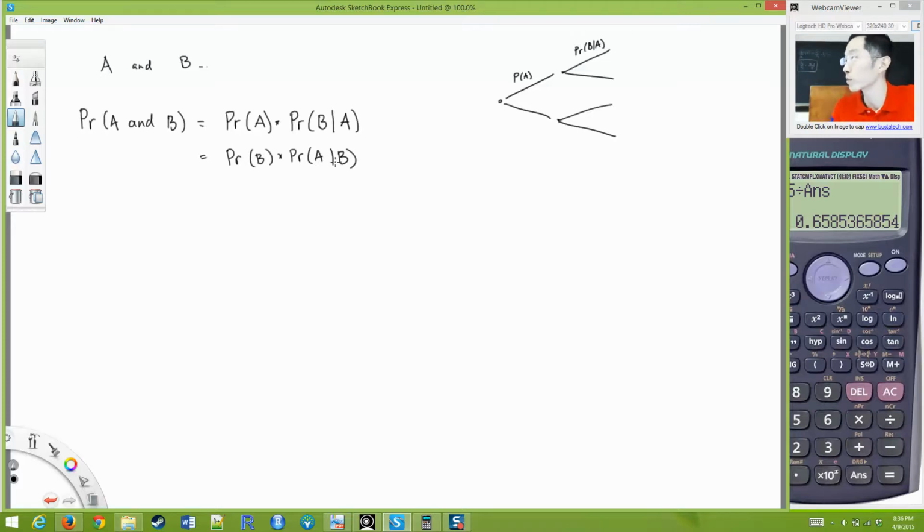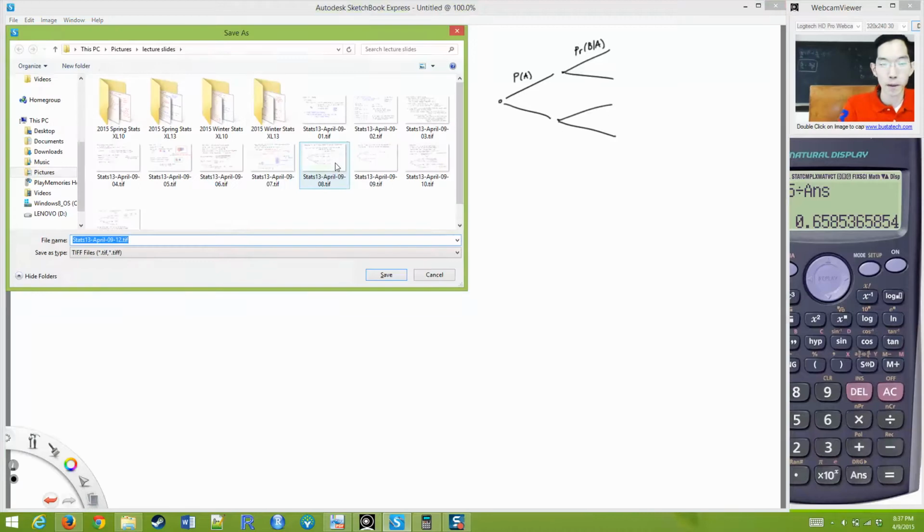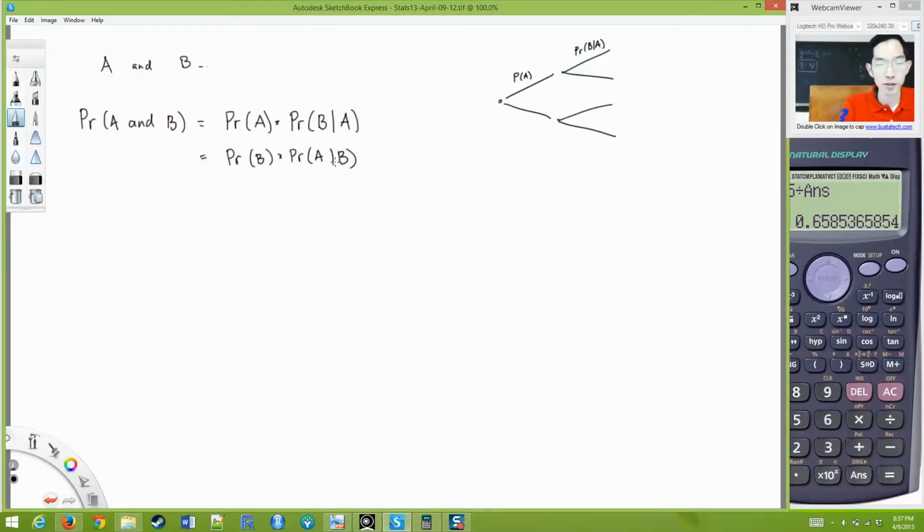Yes, question? So the way that you solved it was that you got 0.135. Why did you divide that by the total of snow and delay instead of it just already being 0.135? Because isn't that going to be the probability of snow and delay? Okay, anything else? Let me flip back to that slide.